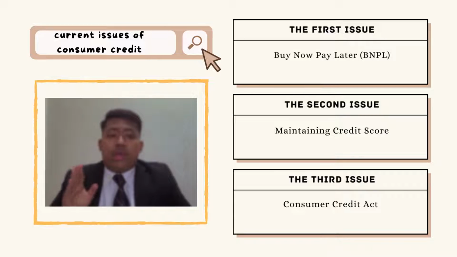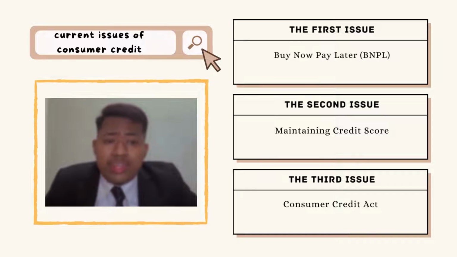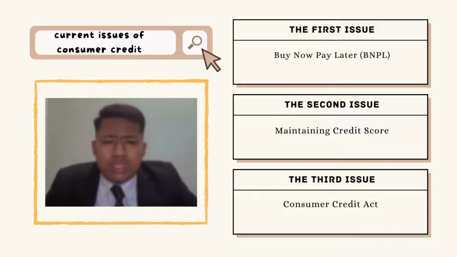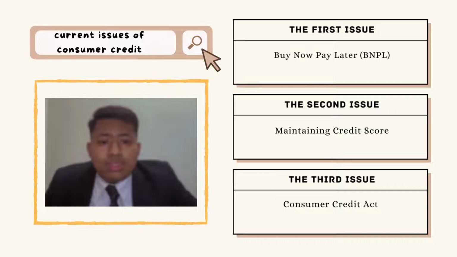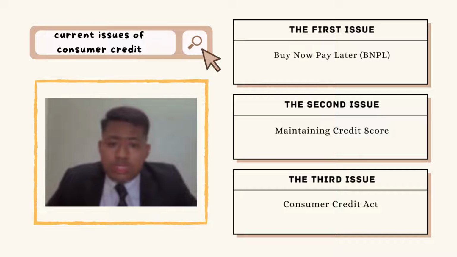So, besides, because these schemes have been on the rise, not only in Malaysia but also in other countries, there are concerns that such schemes may enable consumers to spend beyond their means, with overpriced debt that they may not be able to pay back, and because most BNPL schemes in Malaysia are provided by non-banks. So, BNM is working with the appropriate agency to monitor developments and educate the public on BNPL schemes. So, the Consumer Credit Act's implementation could help to resolve several issues in this country, such as interest